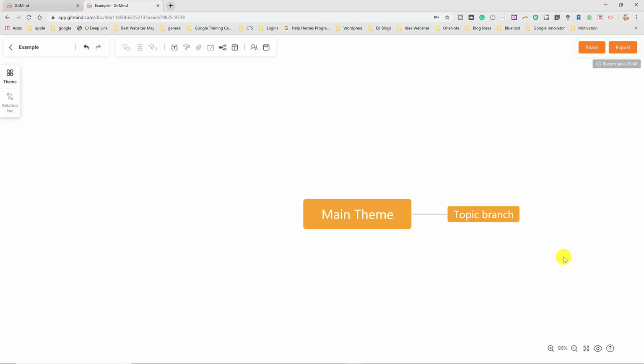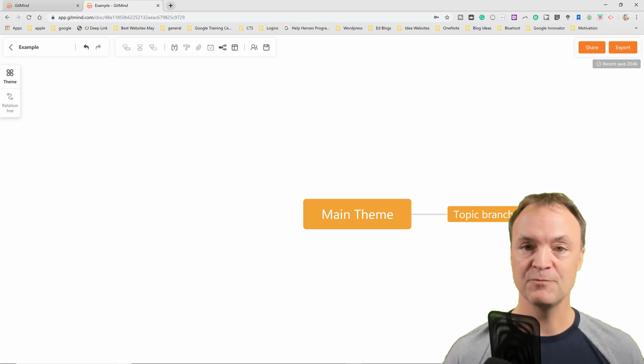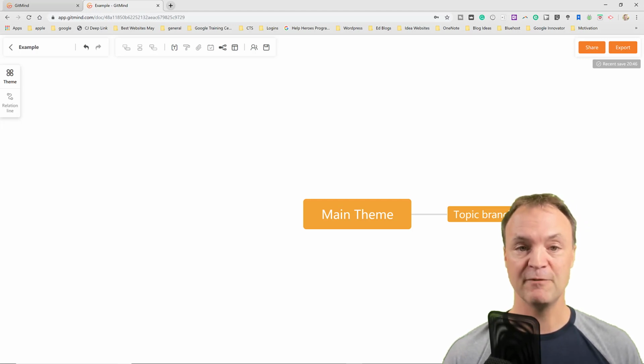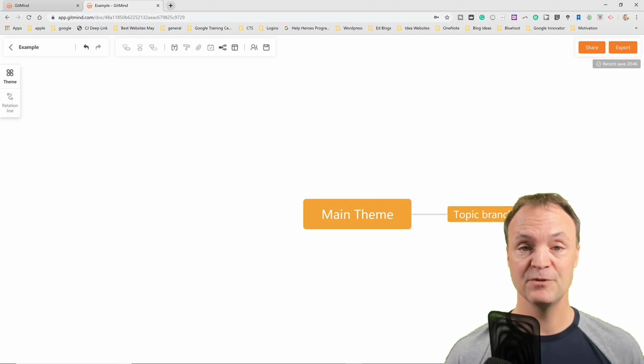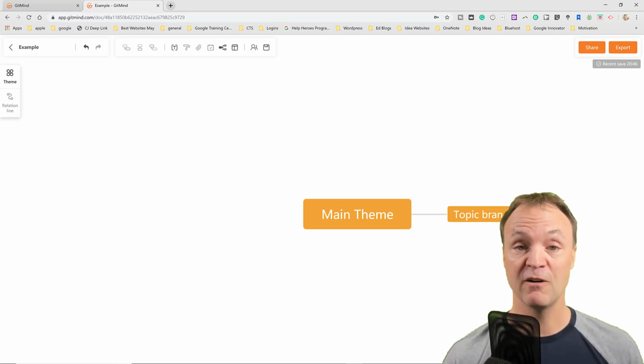So anyway, I hope you like this. I ran across this and thought this would be a good thing to share with everybody. So whether you're in the classroom or maybe you're just working in a group and putting all your ideas together and want to create that mind map, I love that it's free, and the fact that you can collaborate in this, because lots of times the collaboration feature is a paid option.